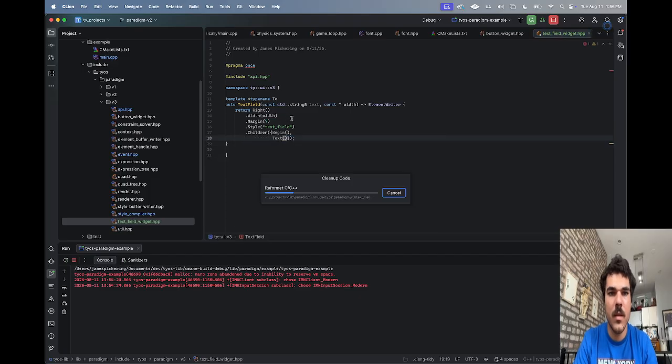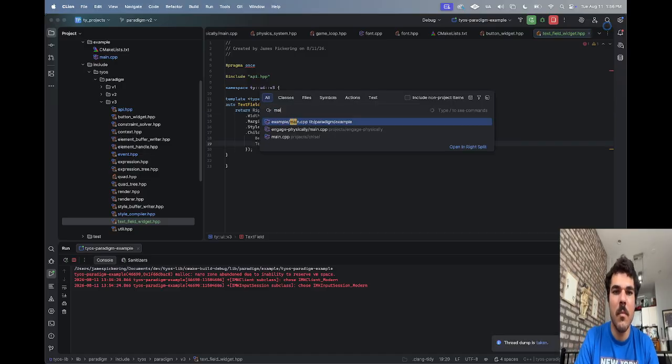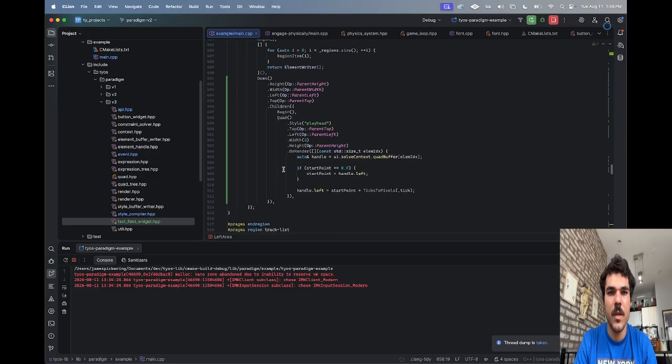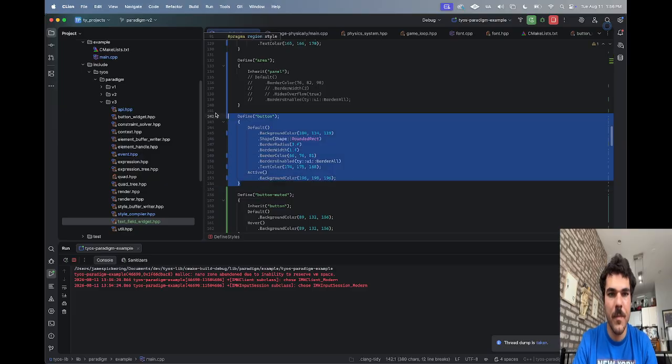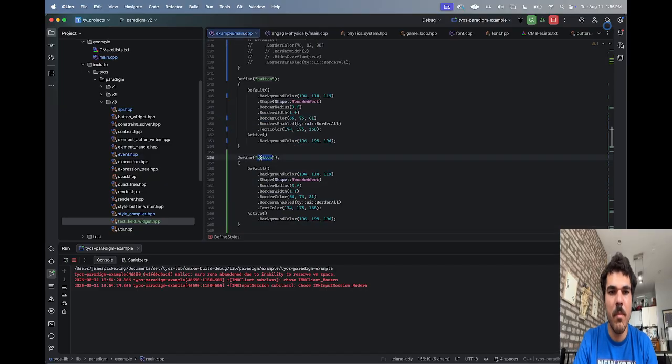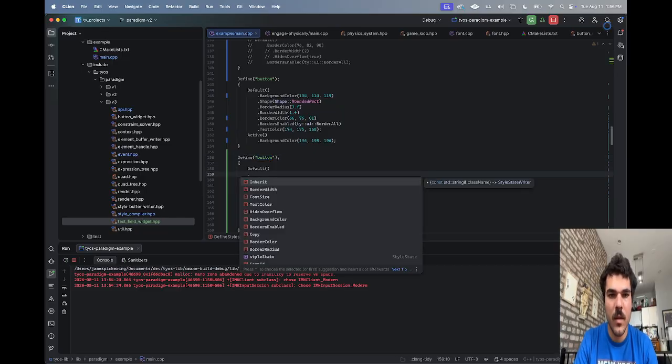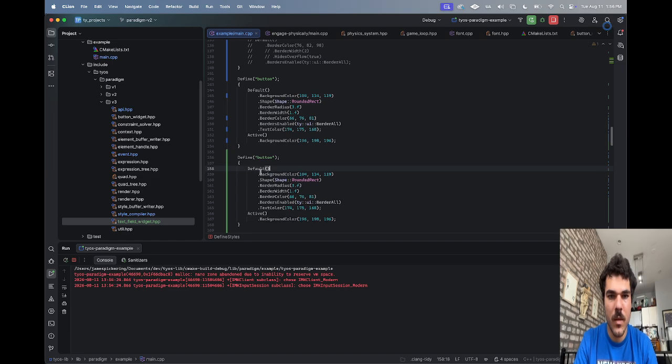Text. And then main, which all this stuff needs to be standardized anyways. I'm gonna do button, which is gonna have dot, we're gonna not specify that. We say background color